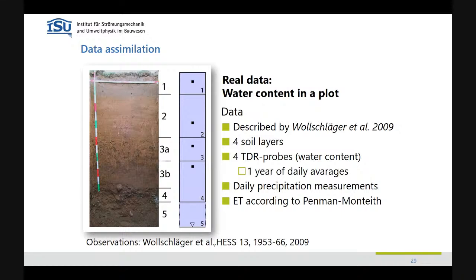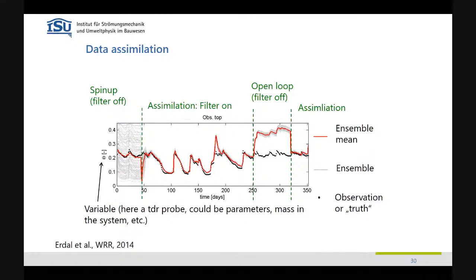And then we used this data to try how the data assimilation works. And this is how it would look, for example. So here, what we predict is the water content or saturation over time. And note, this is the observation directly at the location where I measure. So I predict the water content at the point where I have my measurement. And the dots are my observations. The gray is my model ensemble, and the red is the ensemble mean. And here this goes over time.